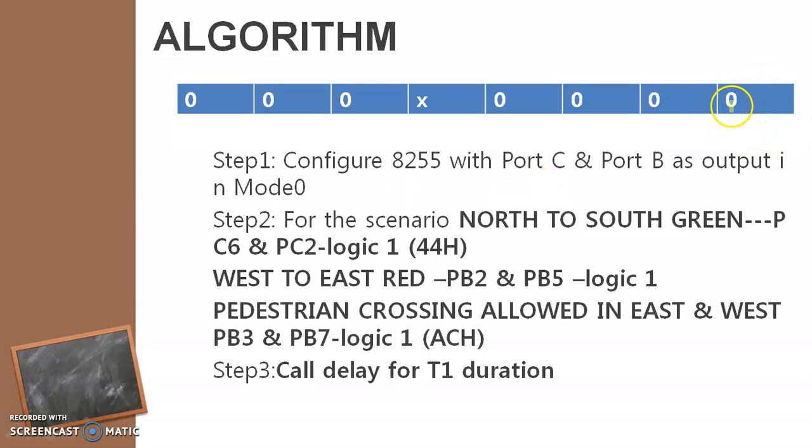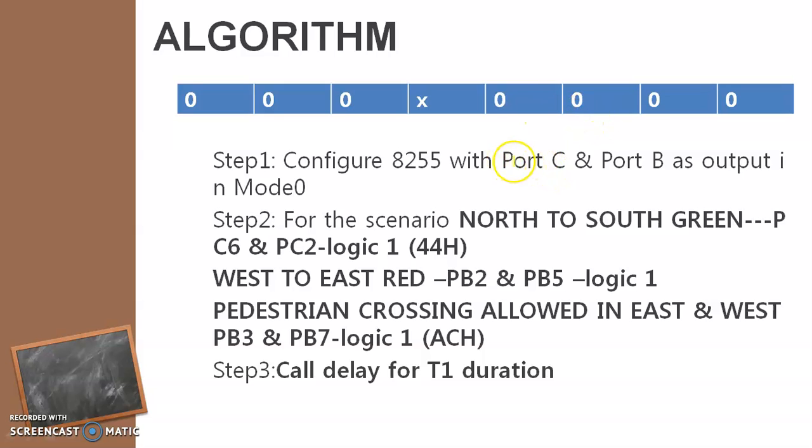So when we take it up, we know that this is your lower-order port C, upper is your port B. Then this is your group B mode operation. Then this is the port C upper bits, and this is port A, and this is the group A mode operation, and this is either IO mode or BSR mode. So accordingly we set the bits.